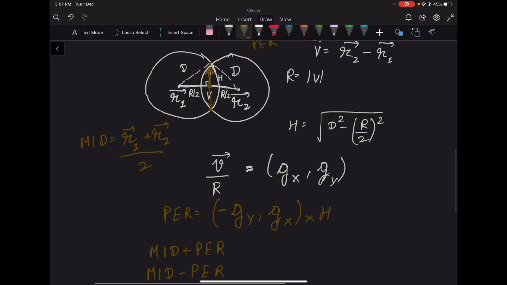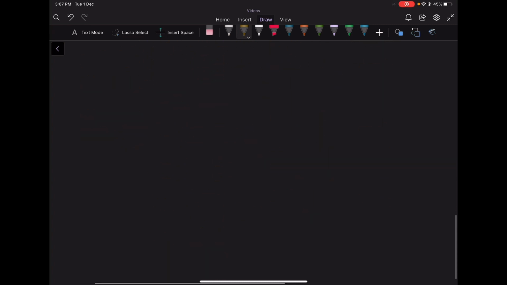If you don't know about how vectors work, try to read it, or you can also use any other methods for circle intersection, any algebraic method, but I find this the easiest to implement and understand. So let's look at the code to make it more clear.